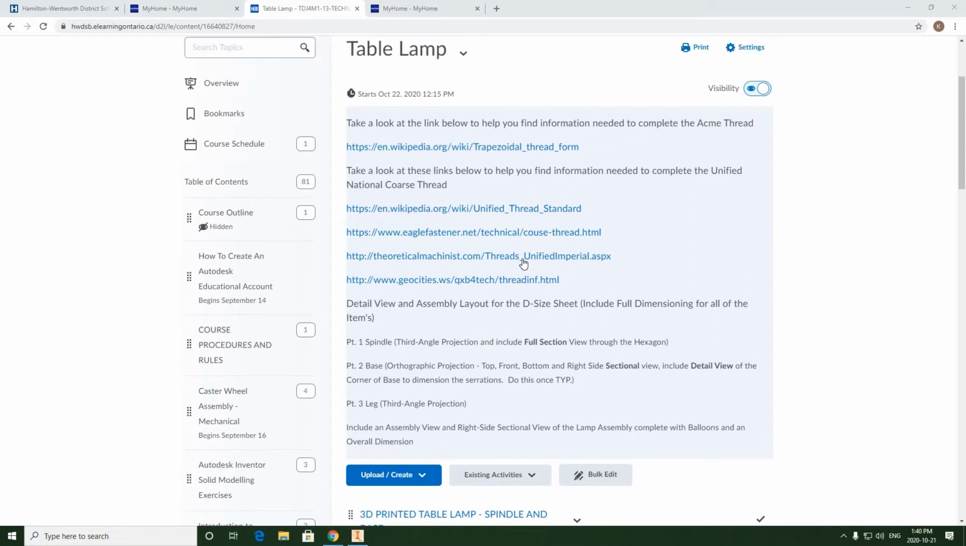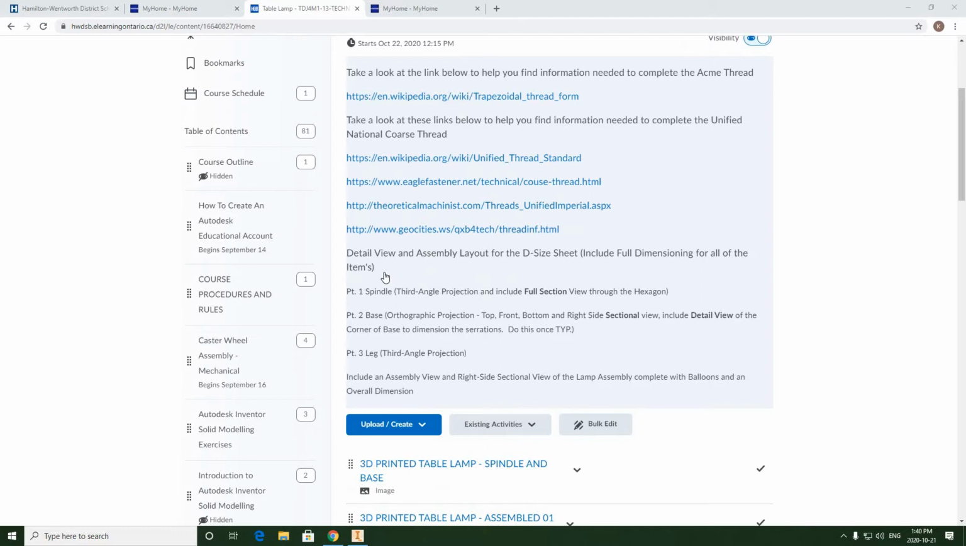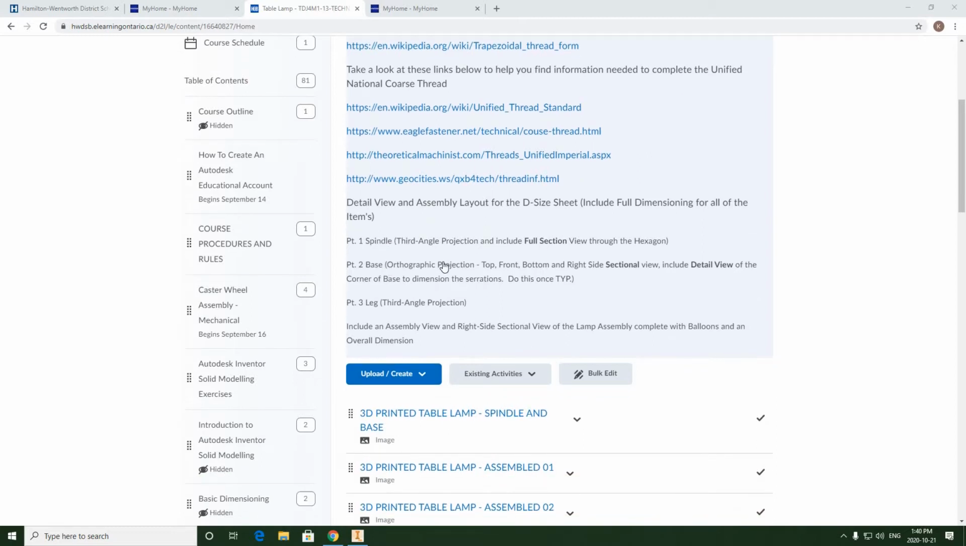So we're going to be taking a look at what needs to be done first. We're going to be creating detail view and assembly layout on a D-size sheet, which will include full dimensioning for all of the items. Now this is only a 3-part assembly. You're creating 3 solid models. Part 1 is the spindle. We're going to be creating a third angle projection, which will include a full section